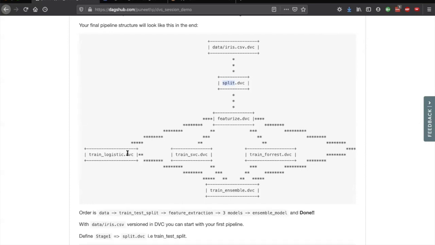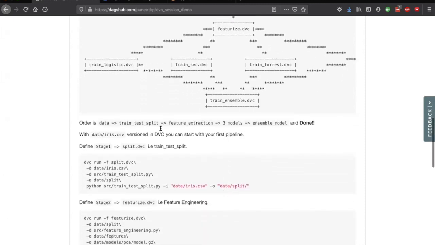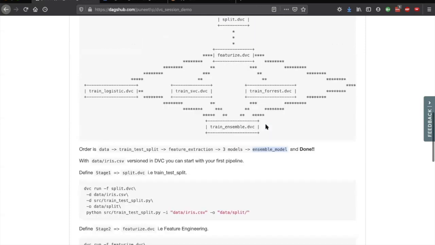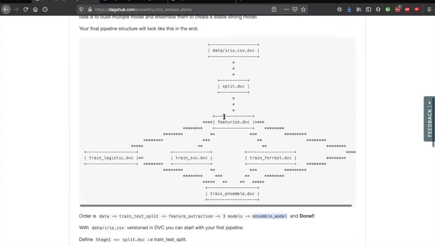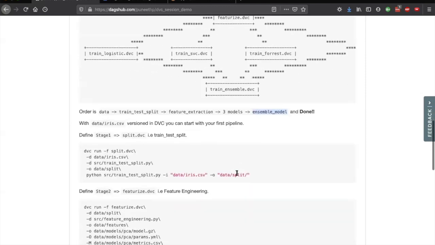You train 3 different models: logistic regression model, linear SVC model, and random forest. Then you combine these 3 models into a single ensemble model. So the steps look like this. Given data, you do train test split, then feature engineering, train 3 models, and finally combine them as an ensemble model. You define stages one by one and build a DAG, and in the end, it looks like a pipeline.